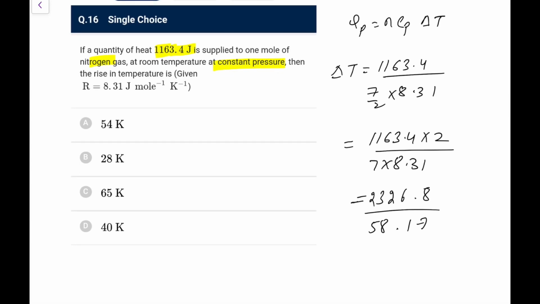So you can directly say, in the table of 50, it won't be 50, definitely it would not be coming, it would be closer to 40 Kelvin. You can make it out, because 58 4s, if you do, that would be 116232. So go for 40 Kelvin, that is the answer here.